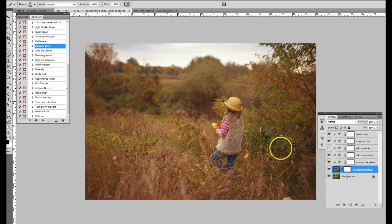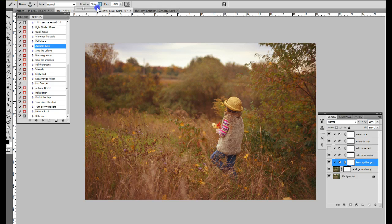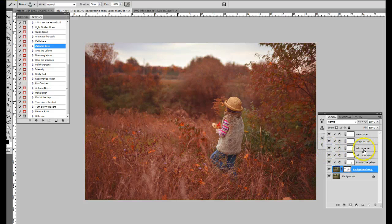I'm actually going to mask off the whole action here. Oops, that's a little too much. Turn down my opacity. Mask this down a little bit here in the background. Do just a little bit in the greens here. Not a lot. I'm going to click on the add more red. I'm going to turn this down